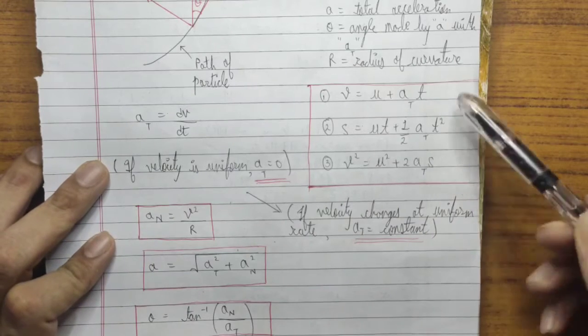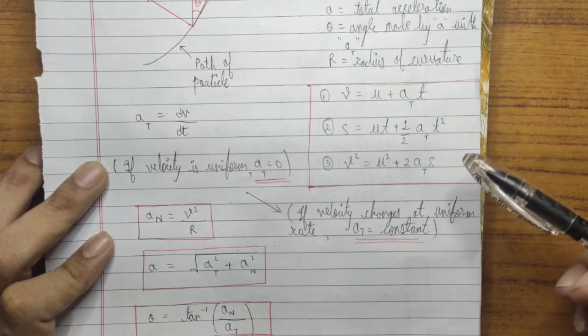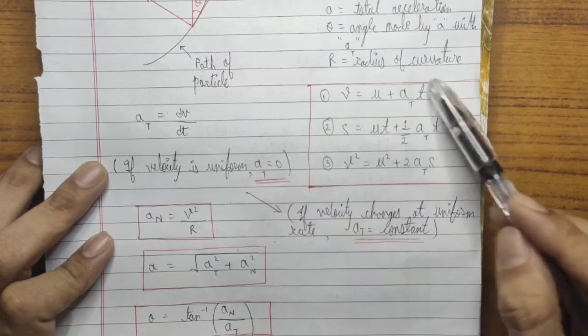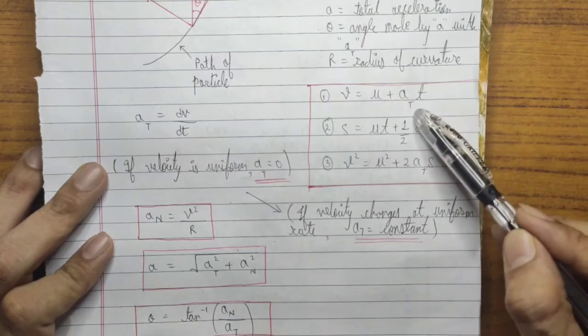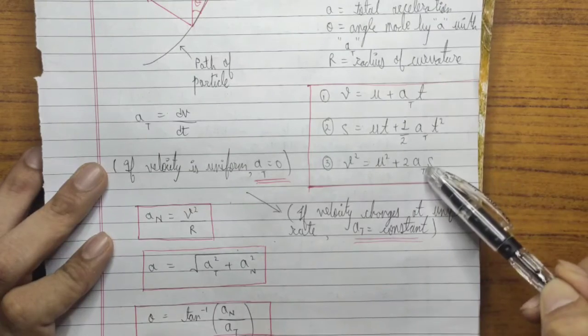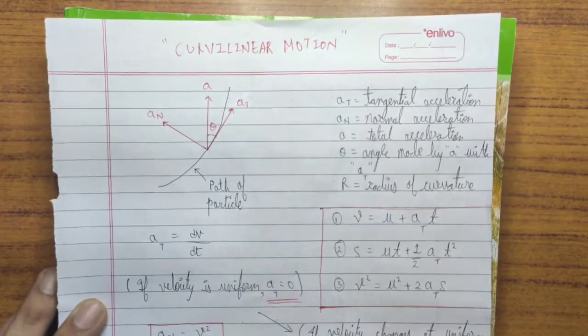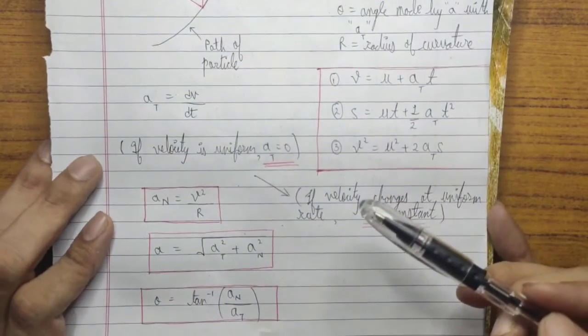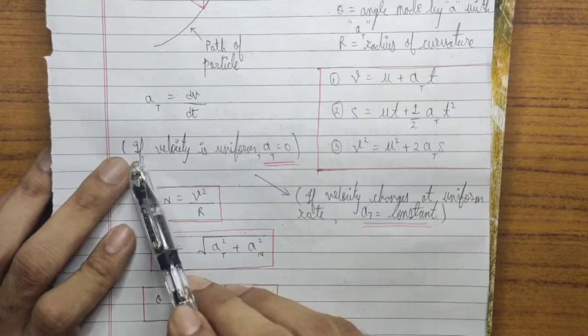How to calculate the value of AT we will see in upcoming videos, which will include solving of numericals. At that time this concept will be cleared. But for the time being, understand that for calculating AT, use these three formulae. Now we have calculated AT. Before going to AN, now see AT.